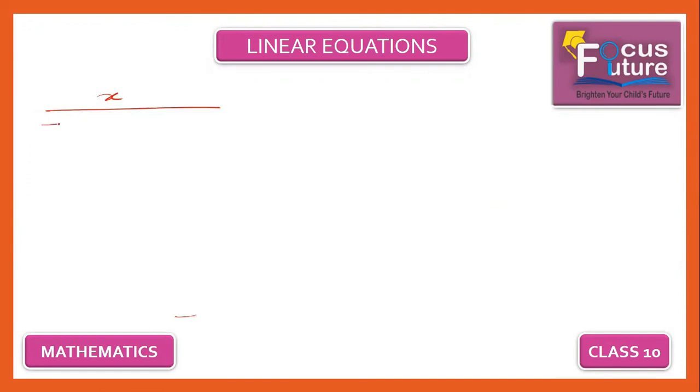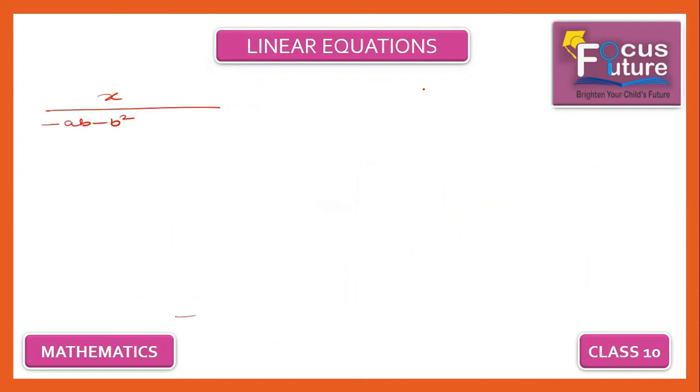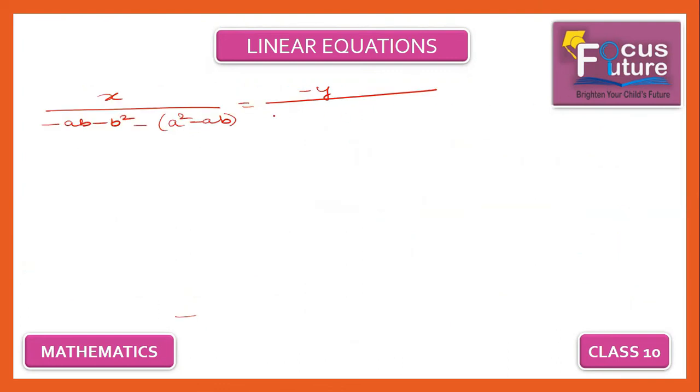So this would be minus ab minus b square, and take a inside, so a into a is a square and a into b is ab, so minus ab, and you have one more minus, so minus a square, so this would be minus a square minus a equal to minus y divided by minus a into a is minus a square and minus a into b is minus ab. So this would be minus a square minus a minus